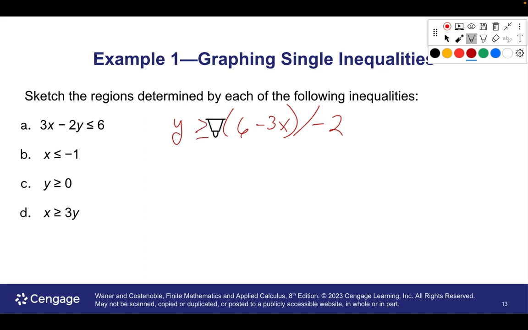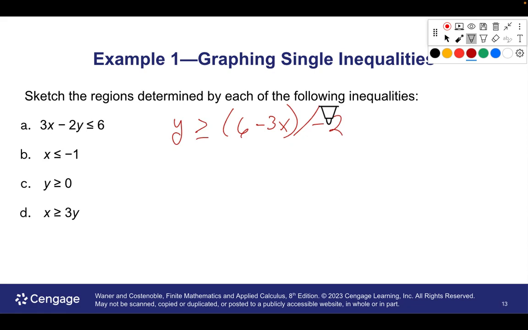Okay. See how that is? I graph this, and y is above the line, so I'm going to shade below the line. We okay with that? Sort of. 6 minus 3x divided by negative 2. Okay. I'm going to show you this, but I want to kind of walk through the next couple because sometimes